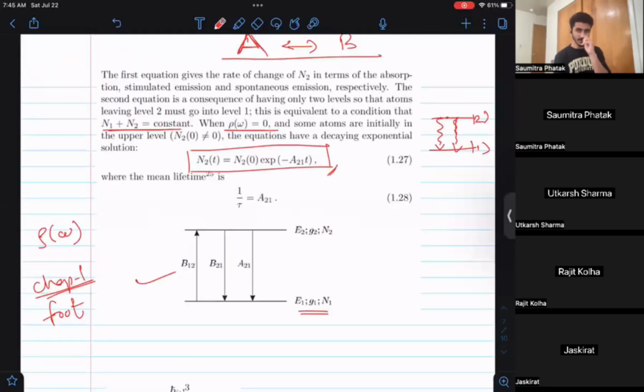And the population decay is also proportional to the population in the second state. So if you started initially with more population in the excited state, you will decay faster. If you had less population in the excited state, you will decay slower, which makes sense because if you start with a system where you have all the population in the second state and no population in the ground state,